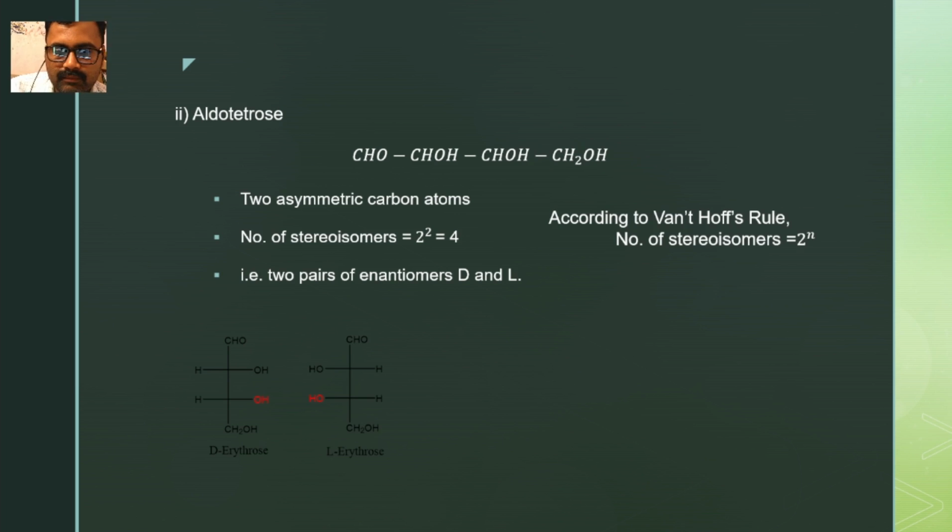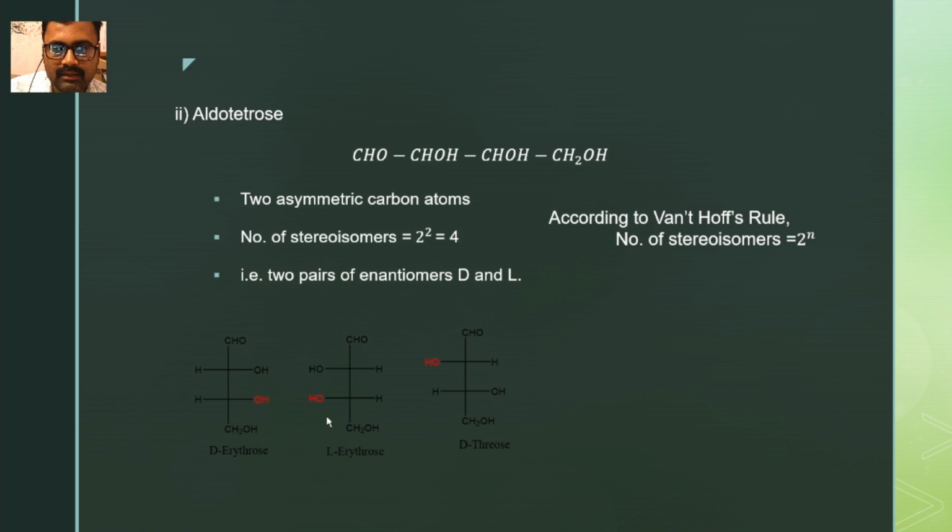In the second compound, it is a mirror image of this erythrose in which both OH groups are present on the left hand side, and the second carbon atom from the bottom in the Fischer projection formula has the OH on the left hand side. So this is an example of L-erythrose. So in both these structures, we observe that both OH groups are present on either side, either right hand side or left hand side. If we take the third structure of this,